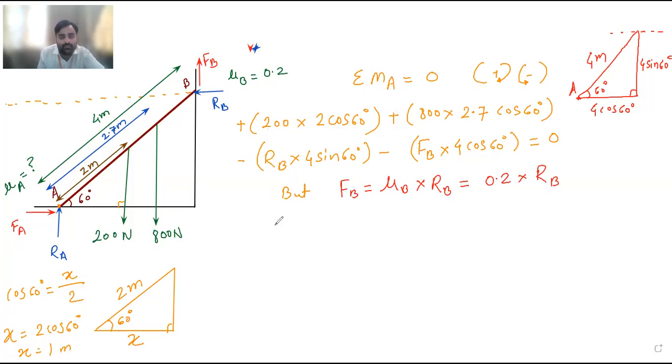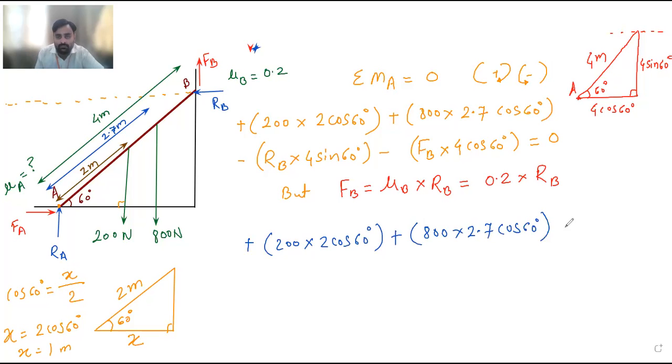It will be plus 200 into 2 cos 60. You do the calculation. Plus 800 into 2.7 cos 60, minus RB into 4 sin 60,